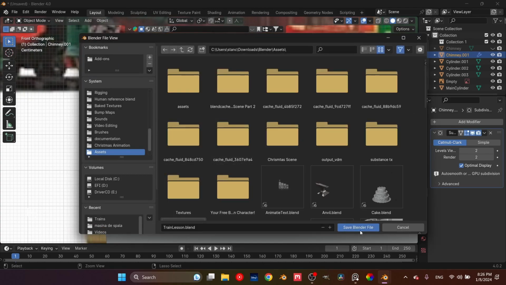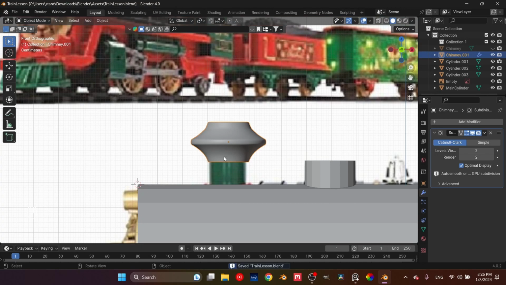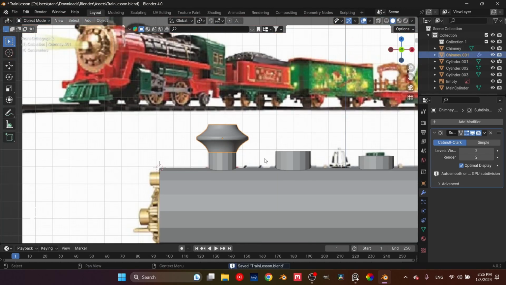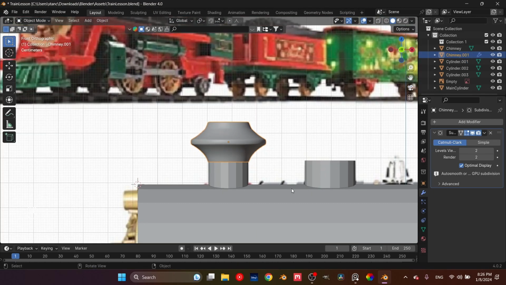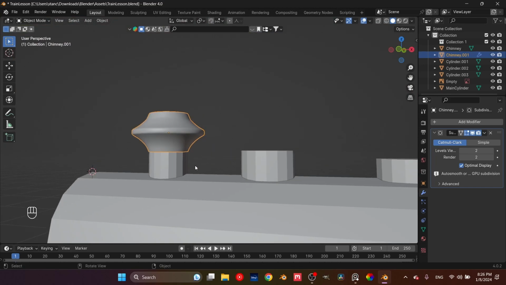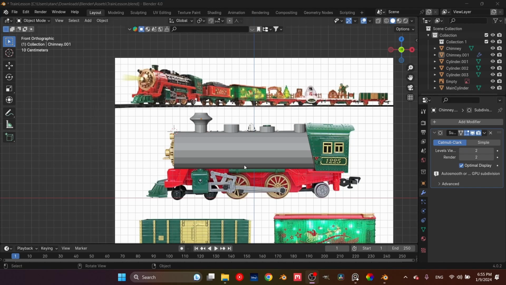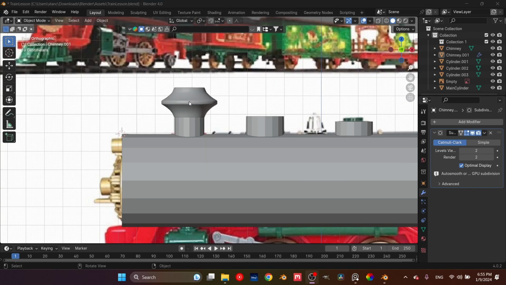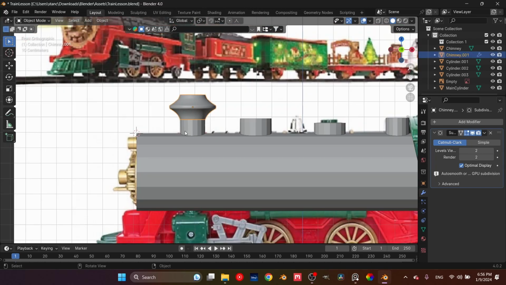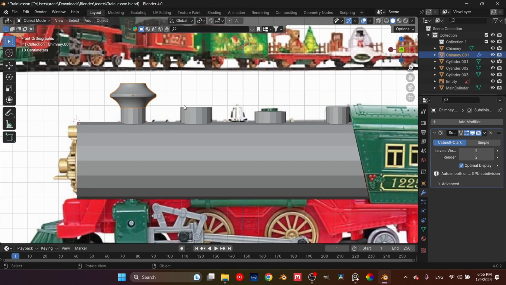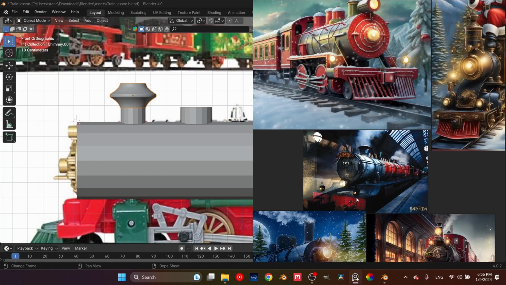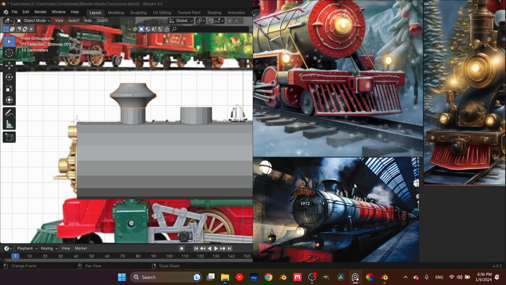Now let's save this. And yeah, this is basically it. This is how you use the subdivision surface. Okay, so basically we finished doing the head of the chimney, which looks pretty cool. And now, going back to our references,